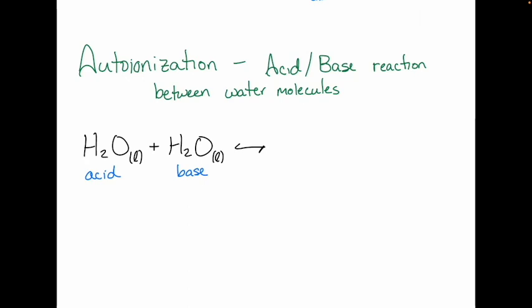Okay, so if one of these water molecules is playing the role of an acid, it's going to donate its proton, right? So I'm going to decrease my number of hydrogens and decrease my charge. Okay, this would be my conjugate base. And we have a special name for this ion here. What do we call this guy? So this is hydroxide.